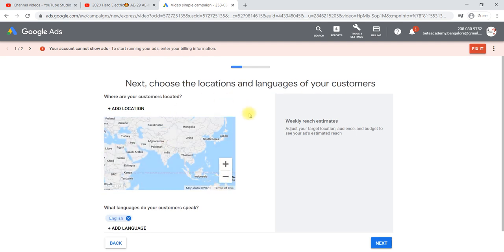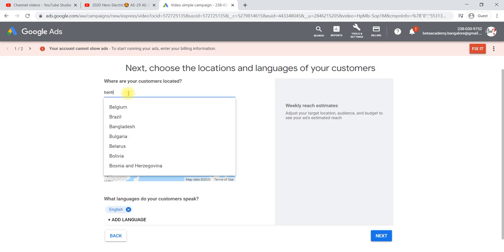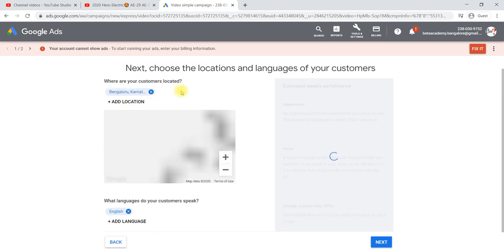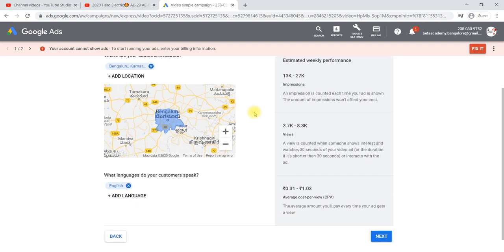Now it is asking for the location, in the sense of which location your ad needs to be shown to. We'll say only Bangalore, so that for someone searching whose location is Bangalore, only for them your ad will be shown. That is the target audience.